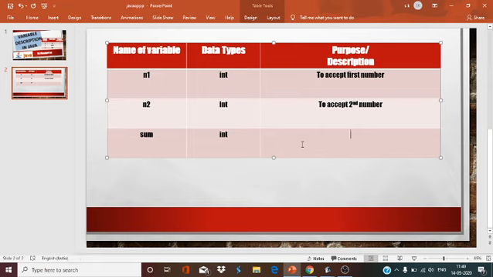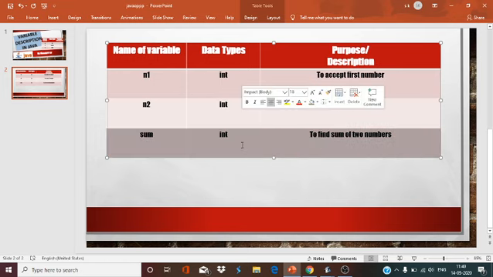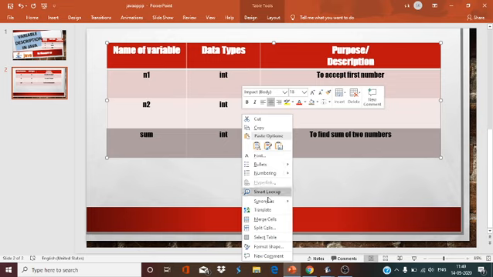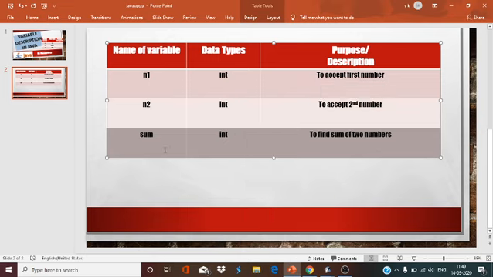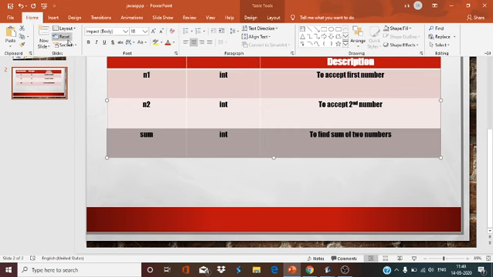And description: to find sum of two numbers. Now one more row is required, so I will select this, right click, insert, or simply we can draw a table here. One more row is there.